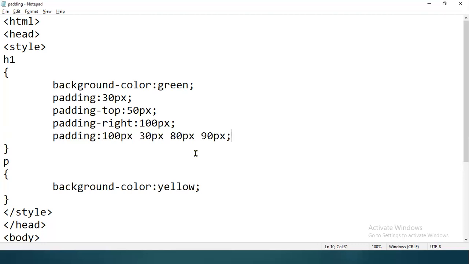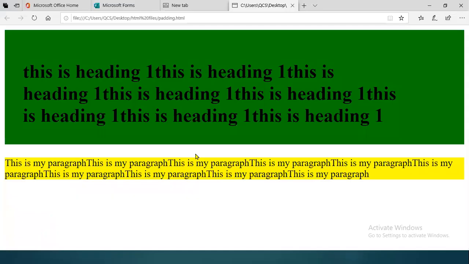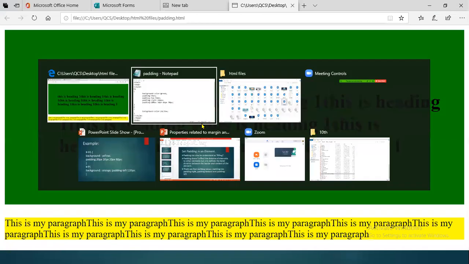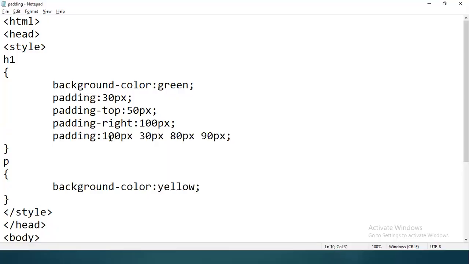So this way you can define all the properties in a single line. I'm going to refresh it. You can see it has added all the values which I have given over there. Okay, so this is the value for top, this is the value for right, this is the value for bottom, this is the value for left. I hope this is clear to everyone.